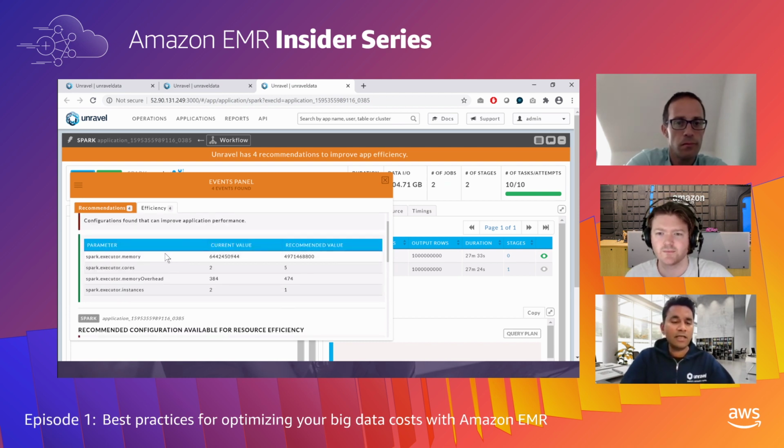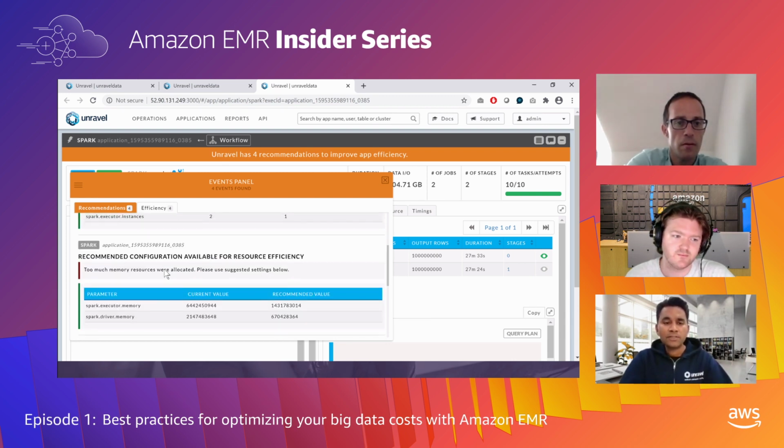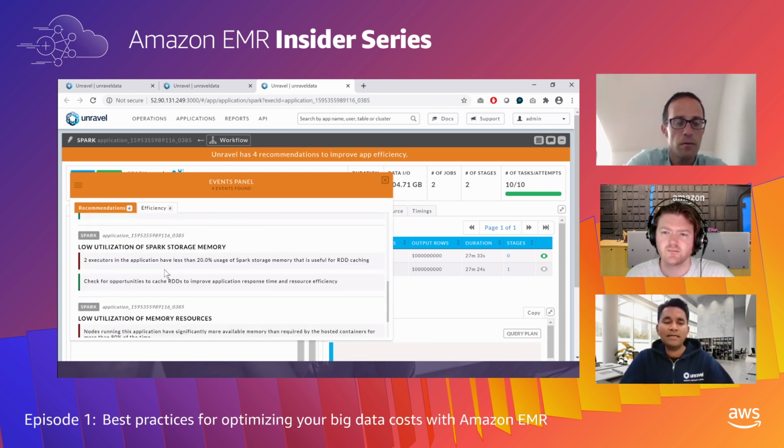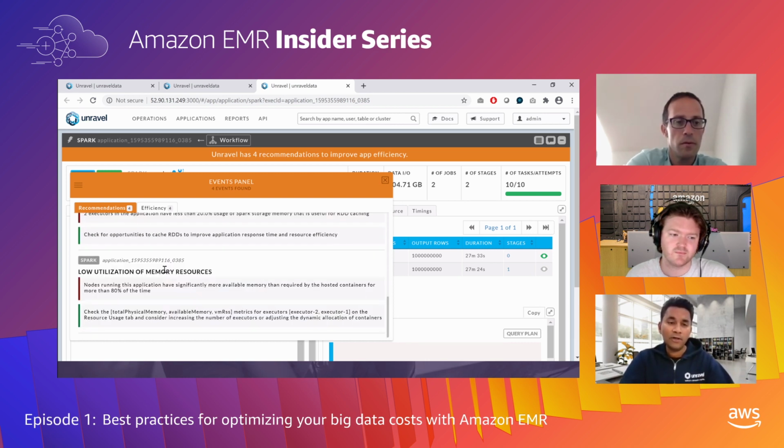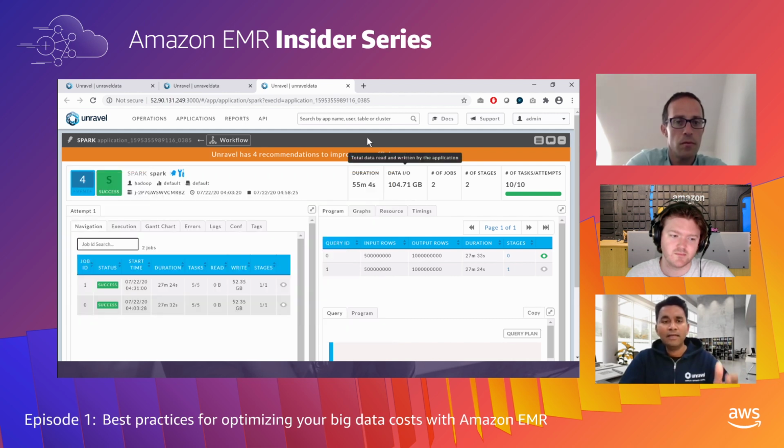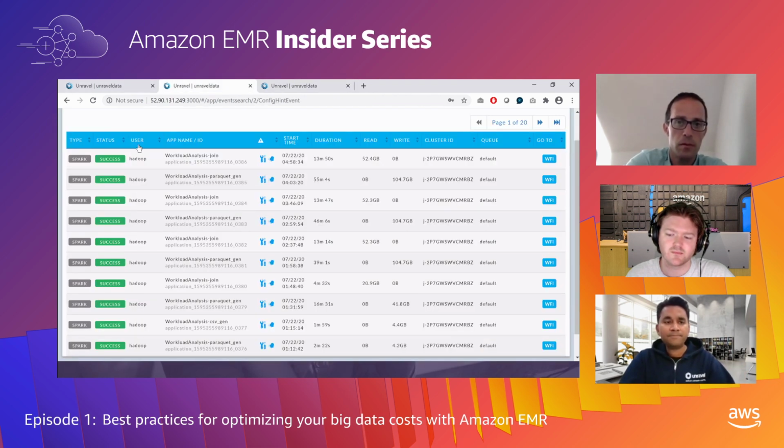In this case, it's talking about executors, instance types, cores, all of these different configuration settings that drastically affect the performance and cost of these types of applications, right? Similarly, you can look at